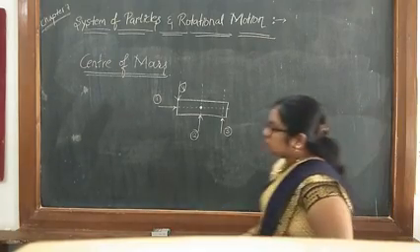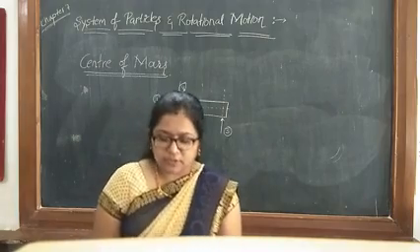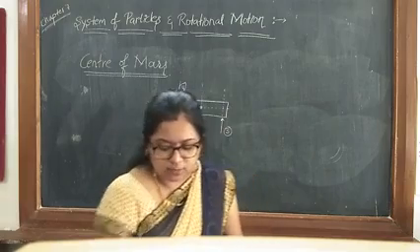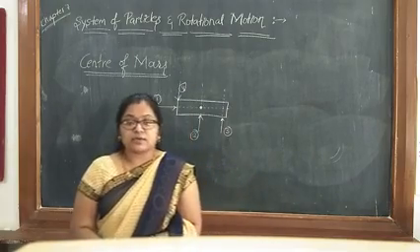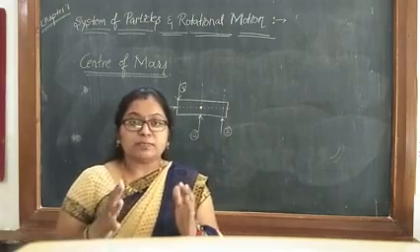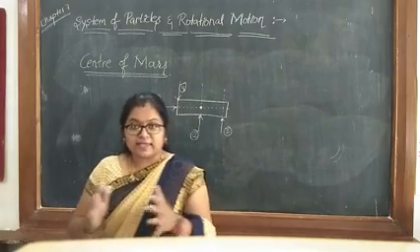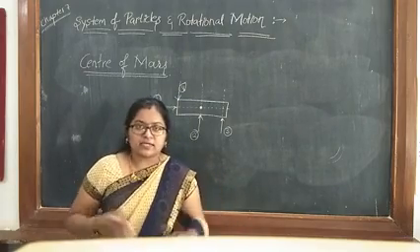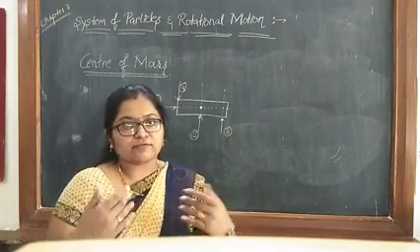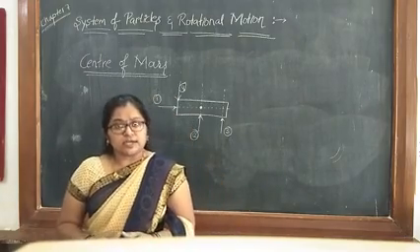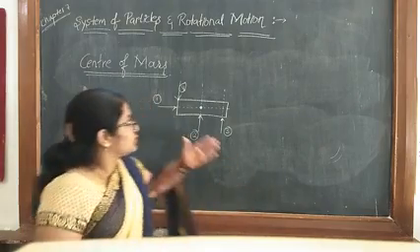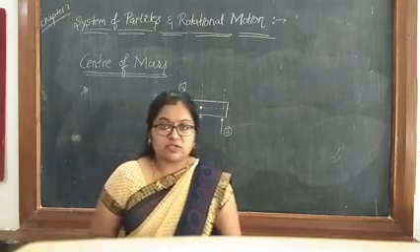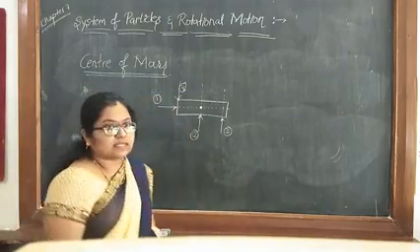Okay, so this was some introduction to the 7th chapter, system of particles and rotational motion. In today's class we have studied the meaning of system of particles, some examples for system of particles, the properties of solids, and in that the types, rigid bodies and non-rigid bodies. We discussed the rigid body in detail, and then switched to center of mass. After this we have one derivation on center of mass that we will discuss in the next class.